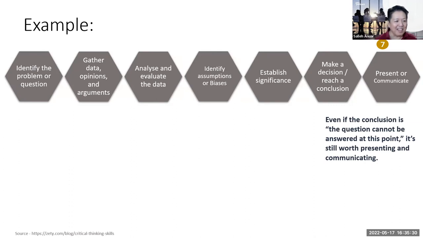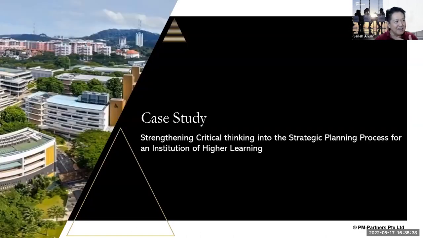Okay, all right, great. Any questions at this point in time? Are we okay so far with the technique, the 7 steps? Wonderful, great. Okay, now I'm going to share with you a case study, an actual piece of work that I'm